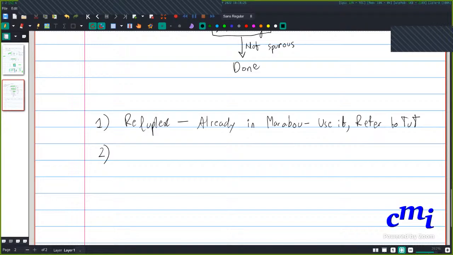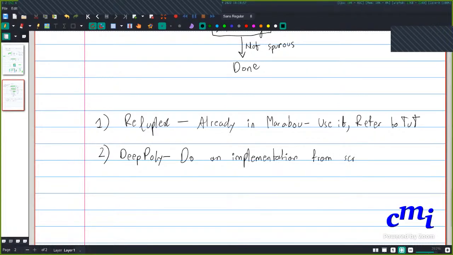And a lot of the things they'll implement, like reading NNet files and so on, will translate to both the project and other parts of the assignment as well. So that is why I'm saying that for deep poly, do an implementation from scratch in Python. Yeah, for deep poly, certainly. Now the question is, not for deep poly, I'm saying for the node merging.